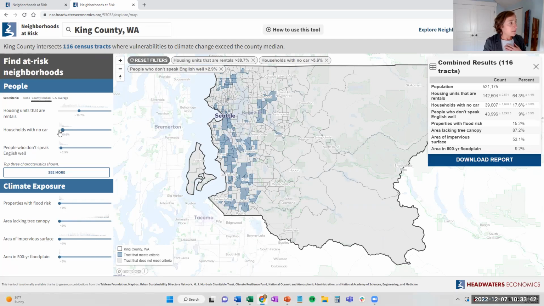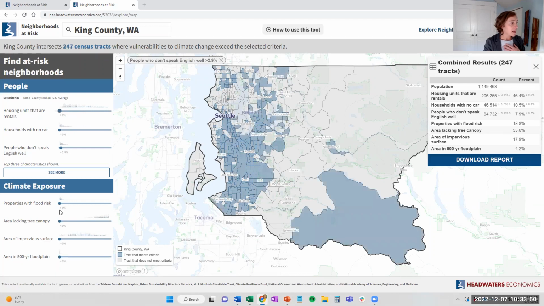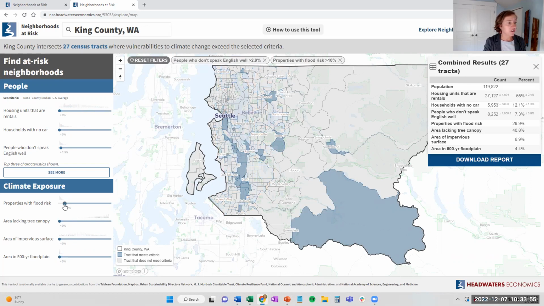In Seattle, say emergency managers are interested in understanding where there's a high share of people who don't speak English well and where there's a high amount of flood risk. These are places where emergency managers might need to be customizing their outreach materials, delivering programs in partnership with community centers, religious organizations, and cultural institutions to reach the folks who have language barriers. And these are places where recovery and aid organizations might need to really focus their efforts after a climate emergency.